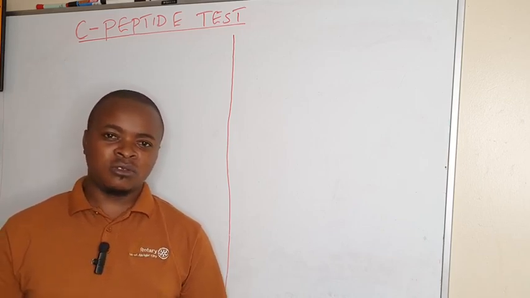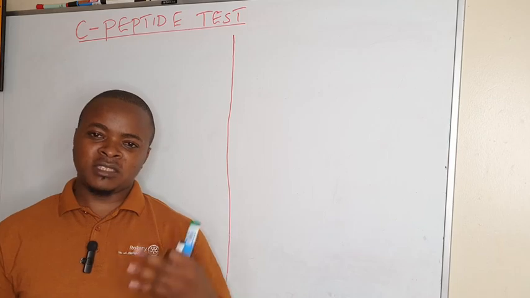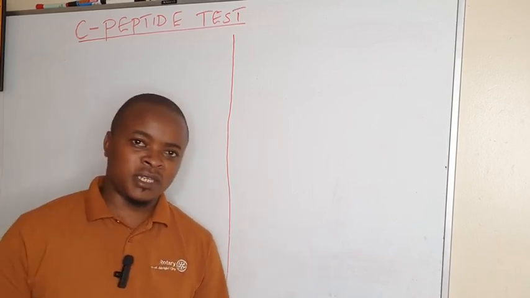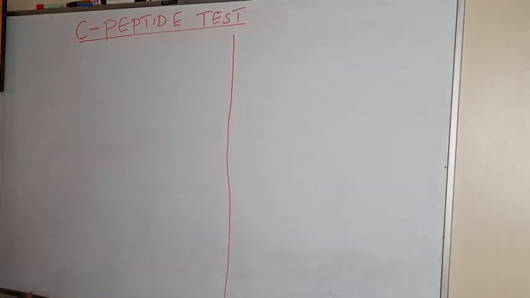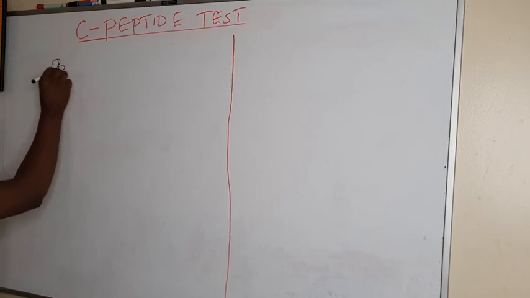Afterwards, we will look at the interpretation of results, and the causes of high or low C-peptide. This peptide is produced by beta cells